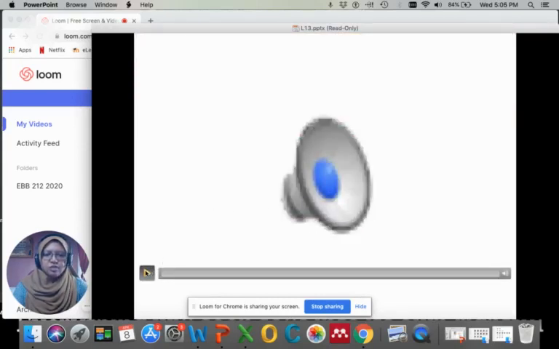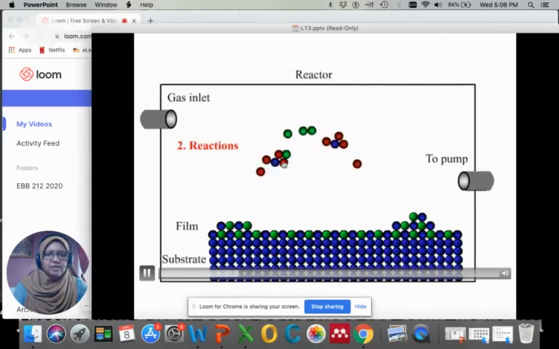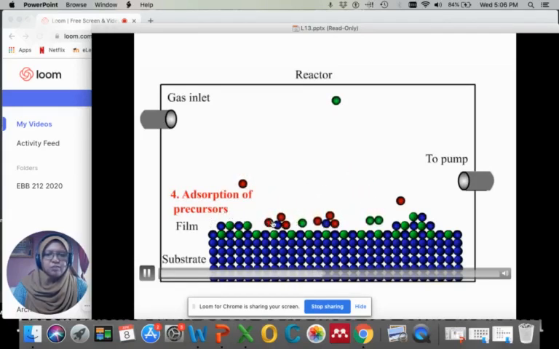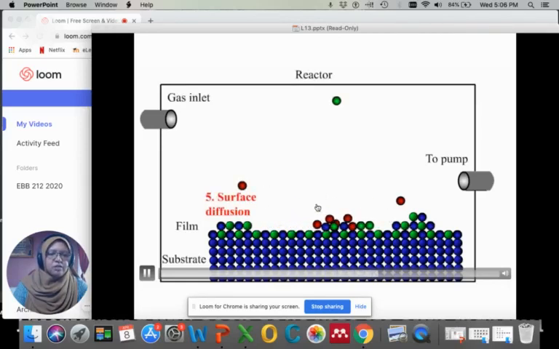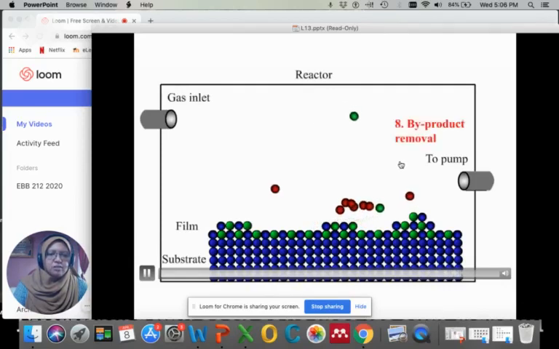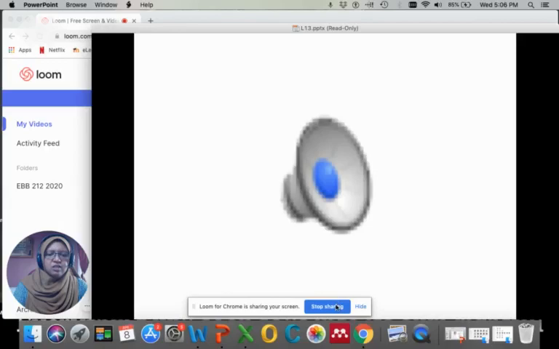And let's watch this illustration. It explains similar things: the mass transport of reactants from the gas inlet. So we have carrier gas and the volatile reactants, and then diffusion of precursors, then adsorption of precursors on the surface of the substrate, surface diffusion, followed by surface reactions such as chemical decomposition, then desorption of byproducts by diffusion and forced convection, and finally the byproduct will be removed from the deposition region. So that's all the process involved in